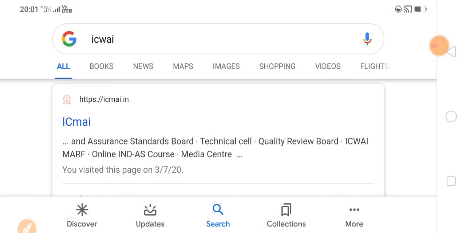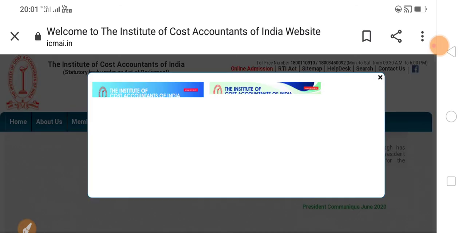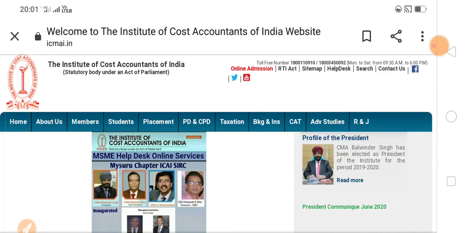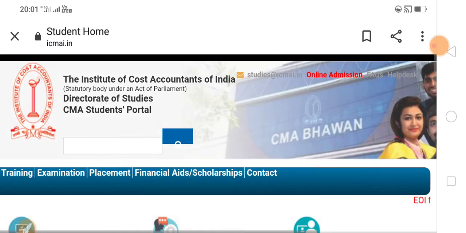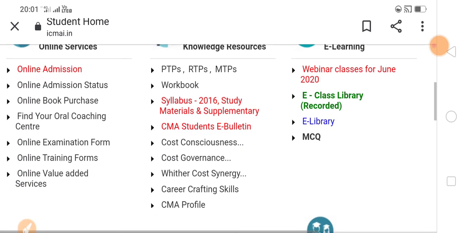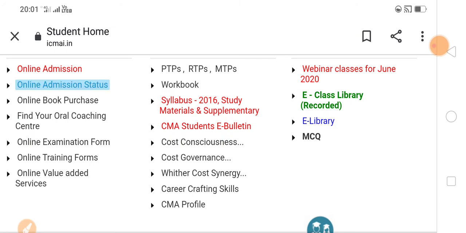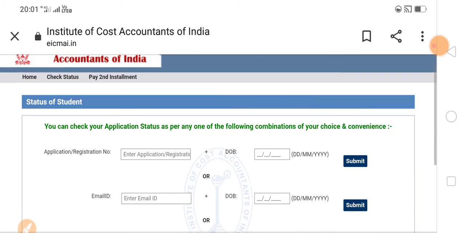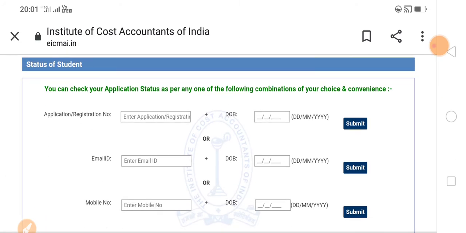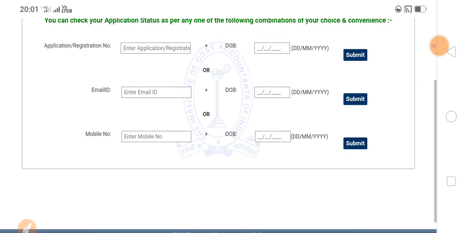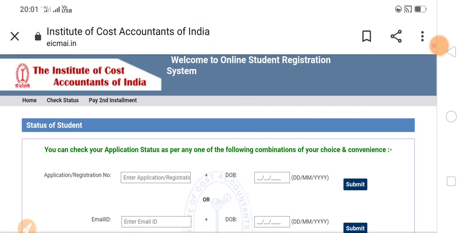This is the way to apply for admission at the foundation and intermediate level. After submitting your details, how do you find out the status, whether your application is submitted, or the acknowledgement? Click here on online admission status. Enter the application number, email ID, and everything here and submit. They show your status here.